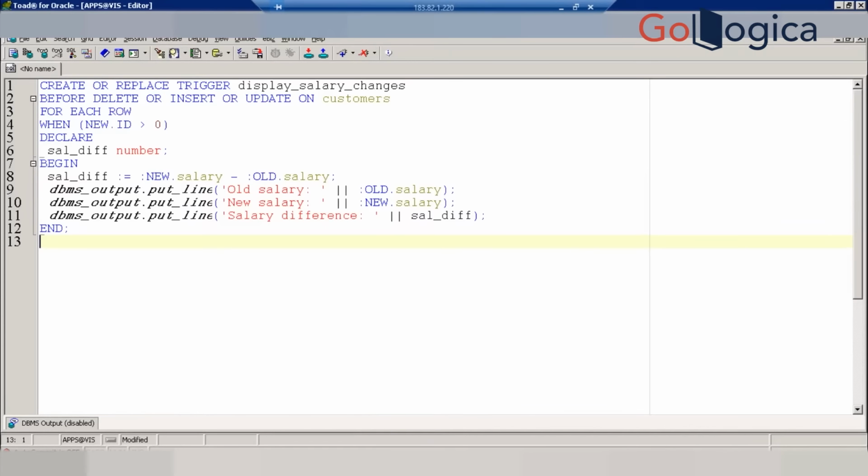Okay, let's see. Now create or replace trigger, name display_salary_changes. This is the trigger name. Before delete or insert or update on customers. So here we are doing three operations. Before going to see, before, after, instead of, right? Before and after we use for tables, instead of we use for views. But here, before deleting or inserting or updating on the customers table,